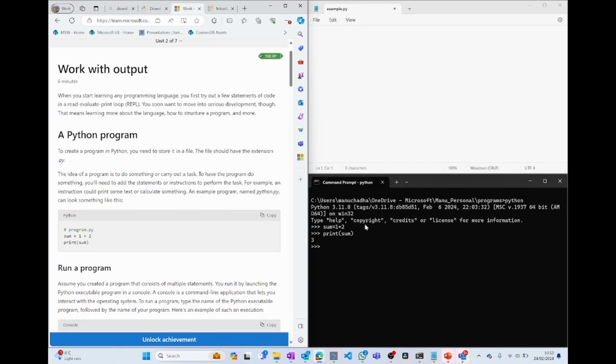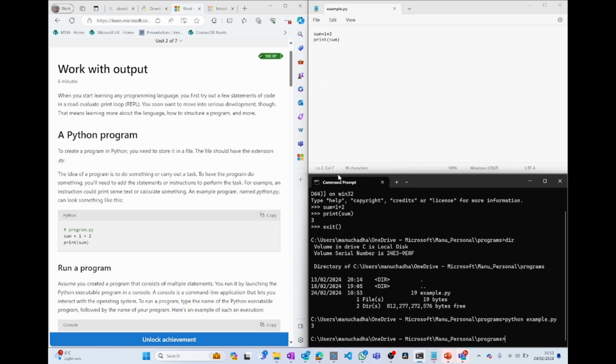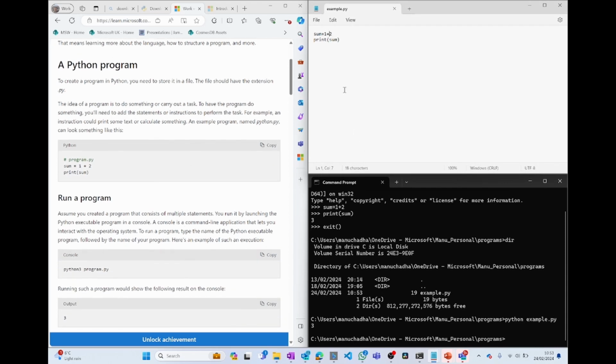Just like I did these two statements here, I could actually write those statements in a file. So sum equal to 1 plus 2, and I can do print sum. And if I save this, and now exit the interpreter, and wherever this file is, like this file is in this directory, if I do python example.py, I should see the value 3. So essentially, all the statements in the file are executed by the interpreter. And once you have all the statements, to run the program, simply execute Python and the file name,